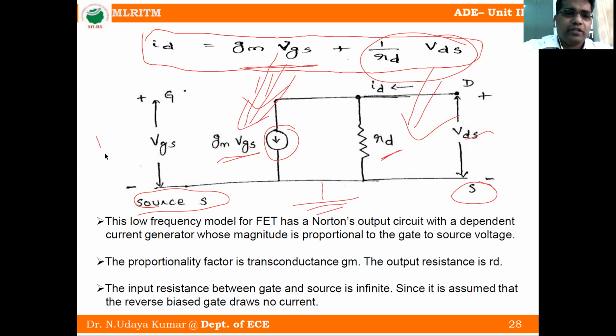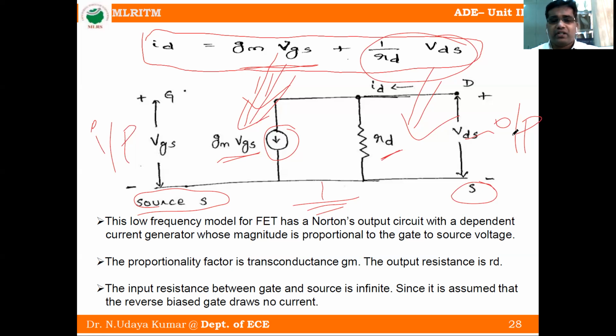So this is the input side, and this is the output side. Here the source is grounded. That means the source is common to both input and output. That's why it is a common source amplifier. So this is a low frequency model for FET, has a Norton's output circuit with a dependent